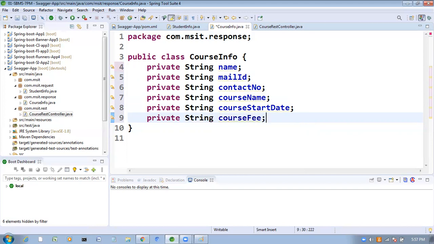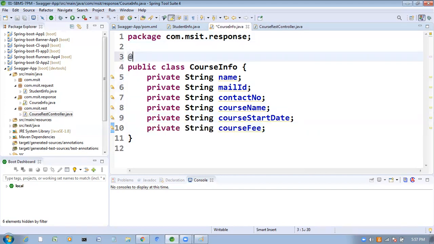Course fee I'm taking here, right? So now for generating getters and setters, let me take Lombok @Data here.